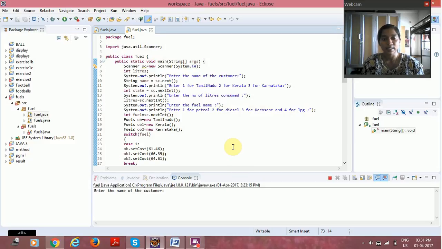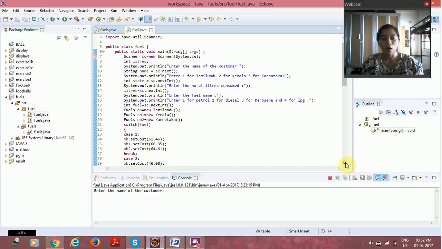Then int state is equal to sc.nextInt, then System.out.println enter the number of liters consumed, then liters is equal to sc.nextInt, then System.out.println enter the fuel name, in which enter 1 for petrol, 2 for diesel, 3 for kerosene and 4 for LPG. Then int fuel is equal to sc.nextInt, then Fuels object OB is equal to new Tamil Nadu,